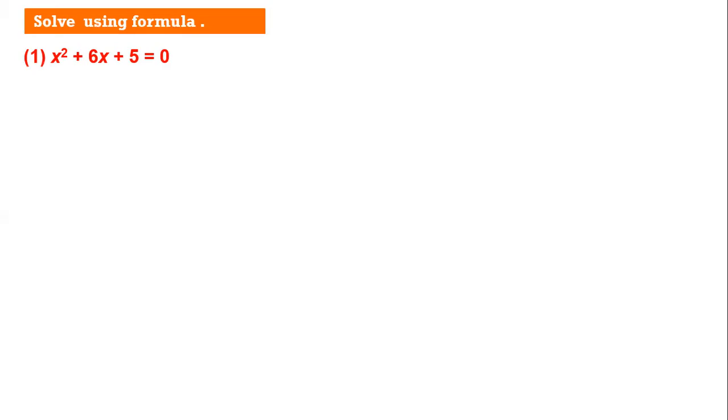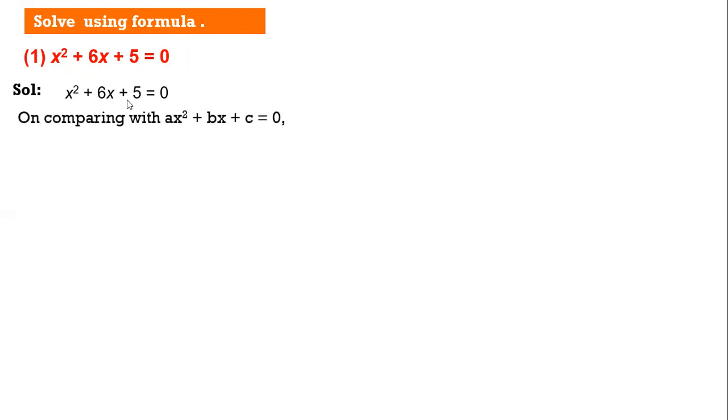Now students, when I say formula method, the very important thing about the formula method is the equation should always be in the standard form. Now when I say the equation should always be in the standard form, that means I want the x square term first, then the x term, and then the constant equal to 0, always in this form. If it is not there, we have studied in our first few videos how to put it in the standard form. Solve it and put it in the standard form, and then go ahead with the sum.